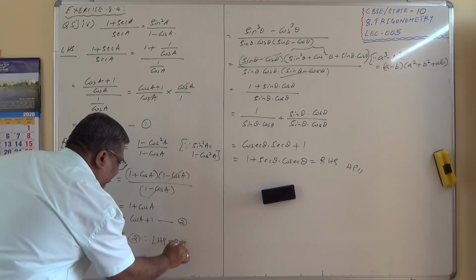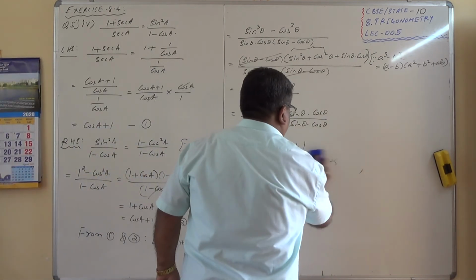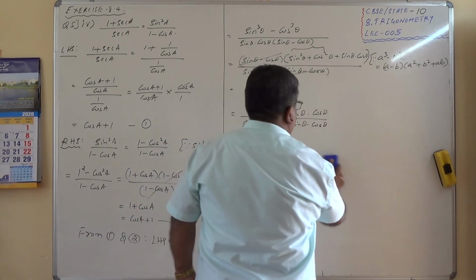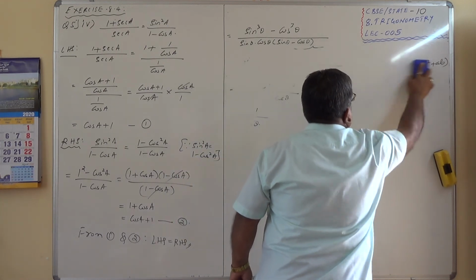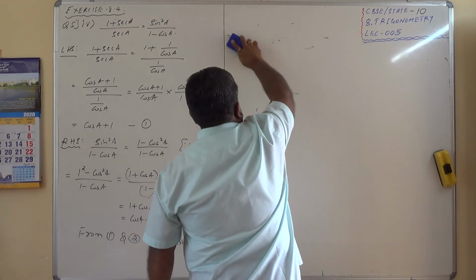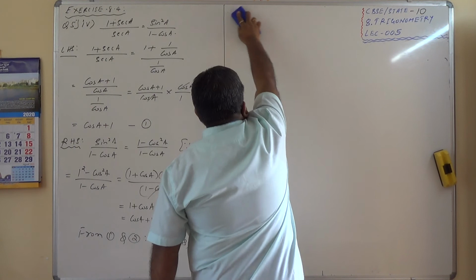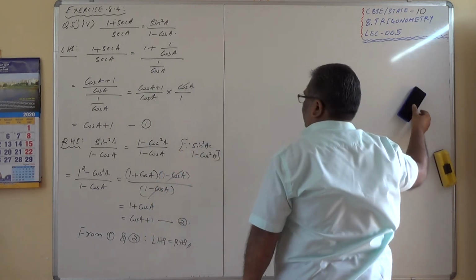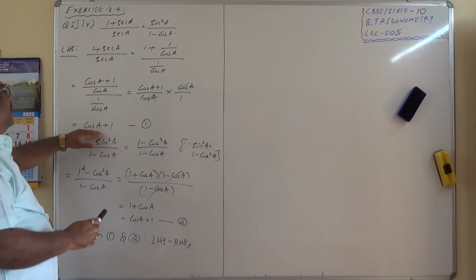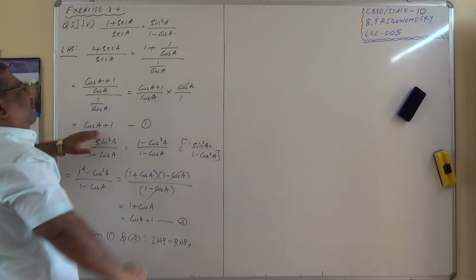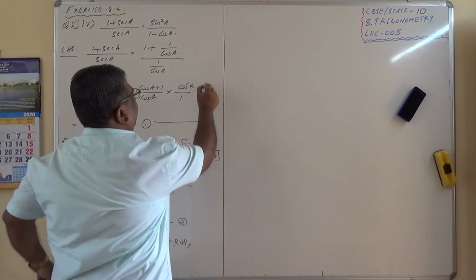LHS equals RHS. Let me try to attempt a couple of different approaches. I do not know whether it is possible or not. I am just attempting it over here, because in trigonometry we are not sure in the first go whether we get the correct answers or not. So I may attempt here to take LHS to get RHS. Let us see. I have taken LHS and worked up to here. Further to this, I will check whether I can prove this one or not. So I am starting from here.